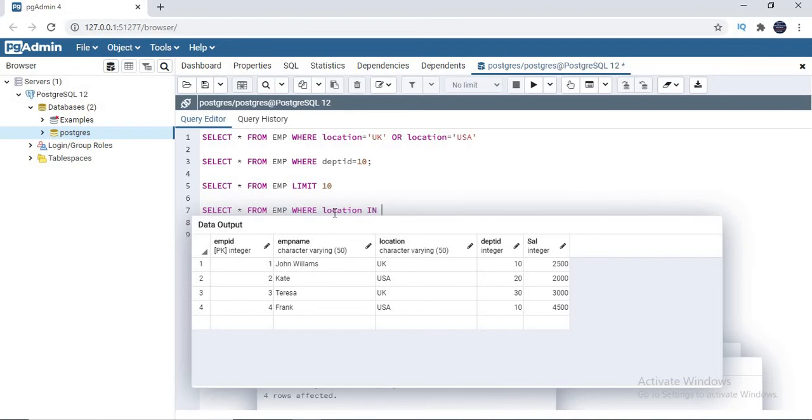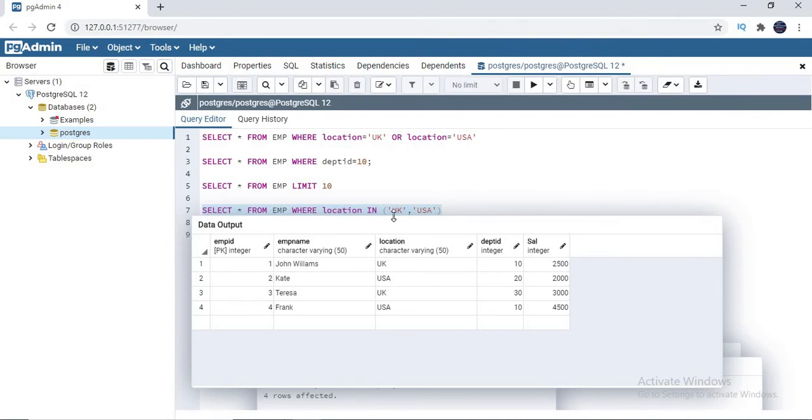So in UK comma USA. Let me run this. If you run it, you got it. Earlier we got around 140 milliseconds, now we got the result back in 100 milliseconds. So the best way of writing this is like this.